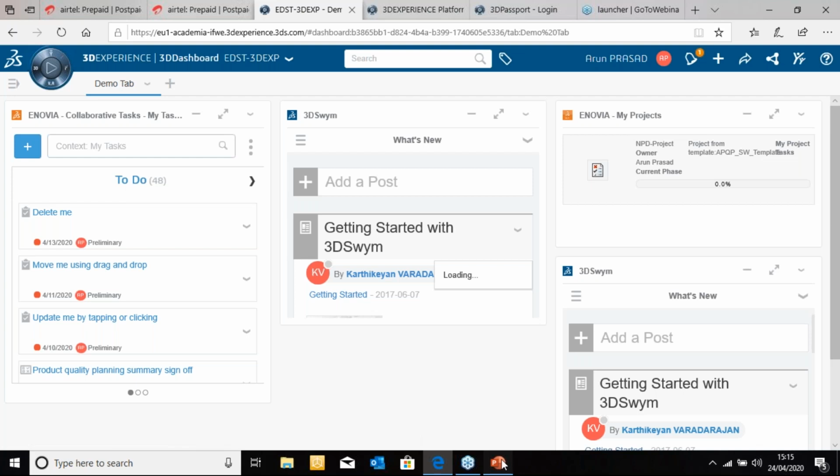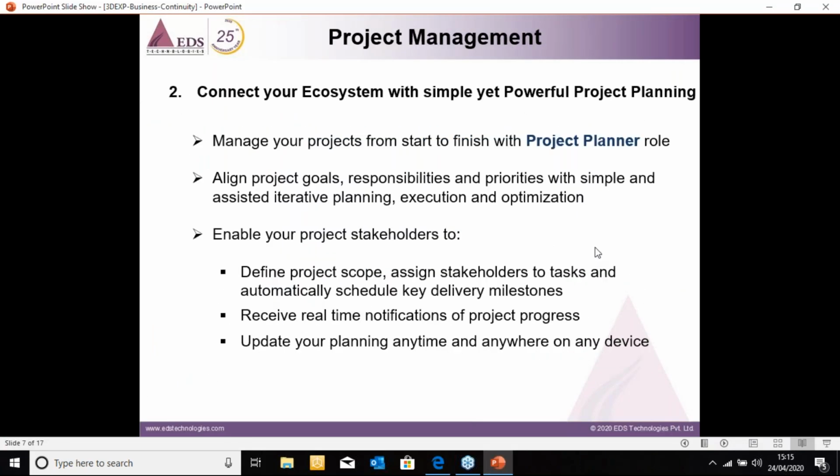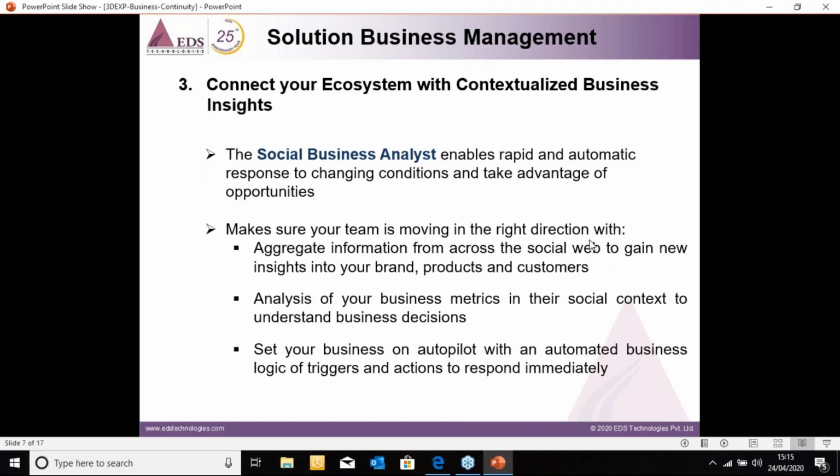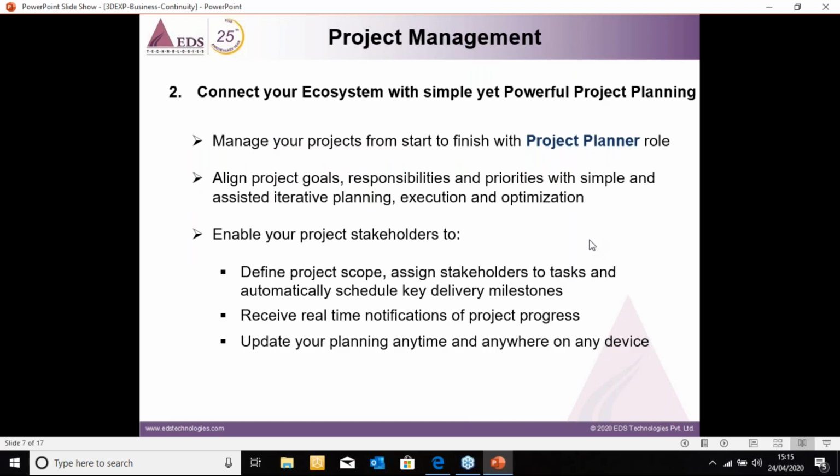Okay, let me go back to the next slide, the project management, which I was just referring to. No matter wherever I am and whatever situation I'm in, I can still access each and every piece of information about my office deliverables, about my project deliverables, what is happening across each and every project that I'm taking care of, and what are the resources that have been aligned to this particular project. Each and every related dashboard information is made available in the platform.